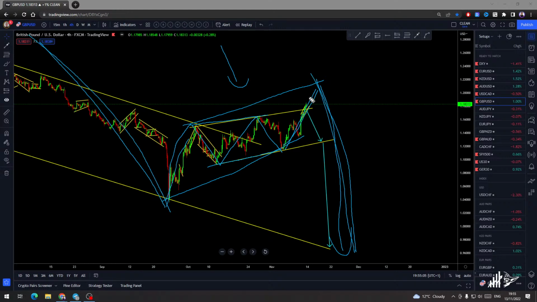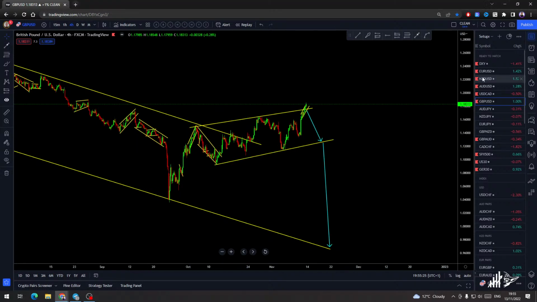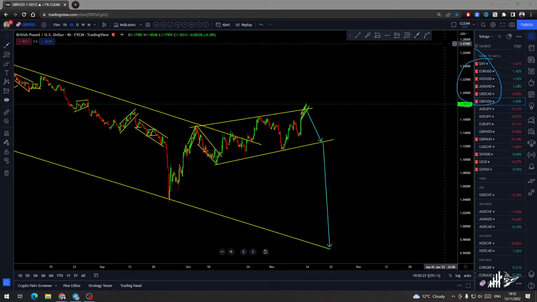So probably it could struggle over a couple more days. You should not be in the trade too early because you'll get frustrated, and it could extend. Okay, so don't be in the trade too early. Let it do whatever it wants to do, let it confirm, then take the trade, right? So this is my priority, what I will watch over there for now. This can change during the day, and I may change my mind during Wednesday. I don't know, but for now I'm watching dollar pairs to sell.